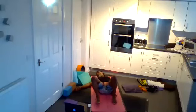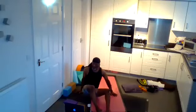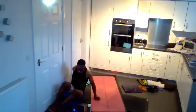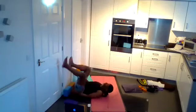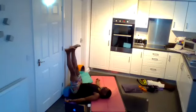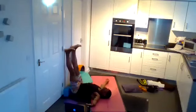If you're close enough to a wall, you can lie down with your sit bones up against the wall, and you're reaching your legs up towards the sky. This is quite nice. It helps to release your lower back. Your arms are relaxed down by your side, or lengthen your legs forward, letting your feet come a little bit wider on your mat,